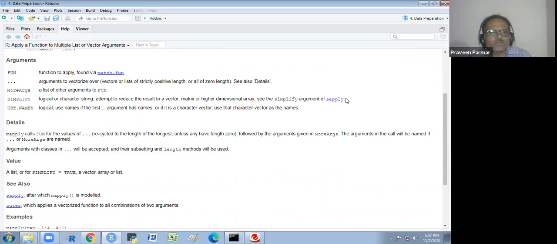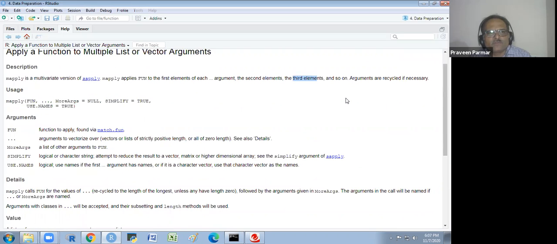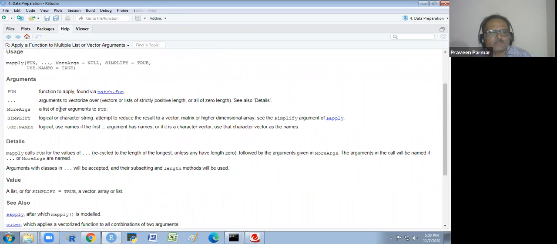So we do something here. The arguments: function, first we have to write here. Then more arguments, a list of arguments to the function, and simplify, USE.NAMES, logical: use names if the first argument has names, or if it is a character vector, use the character vector as the names.